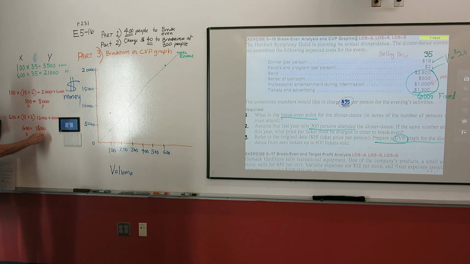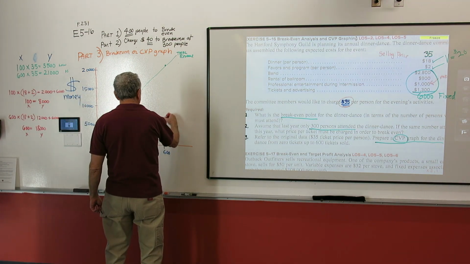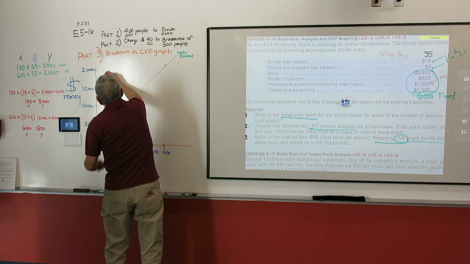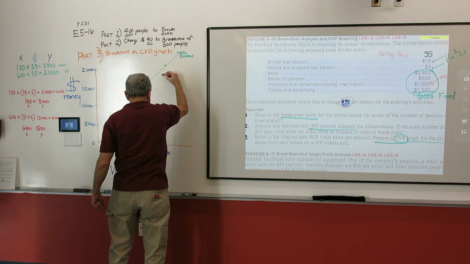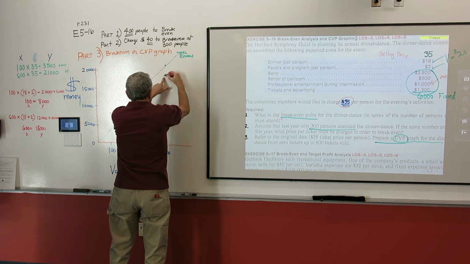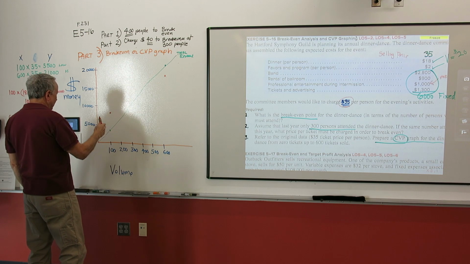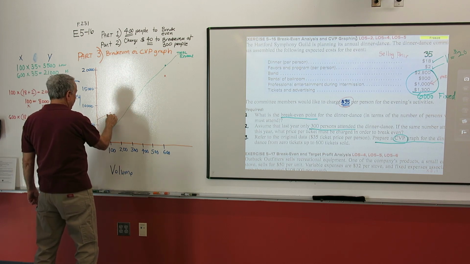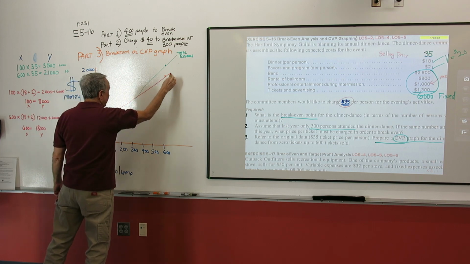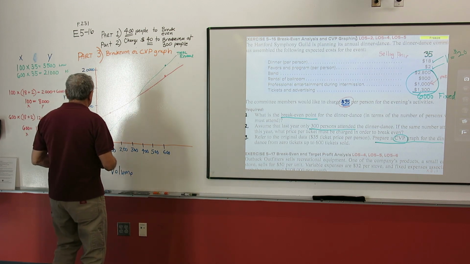And that's X and that's Y. So 600, and let's go up to $18,000. 18,000 is right about, there's 17.5, there's 18, I'll come across. And there's 600. Okay. Now I'll do the total cost line. And the total cost line, when I connect these two, oops, that's pretty bad again. But there's your CVP graph.